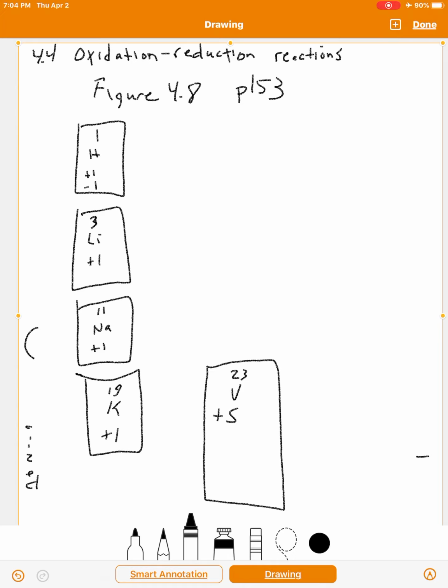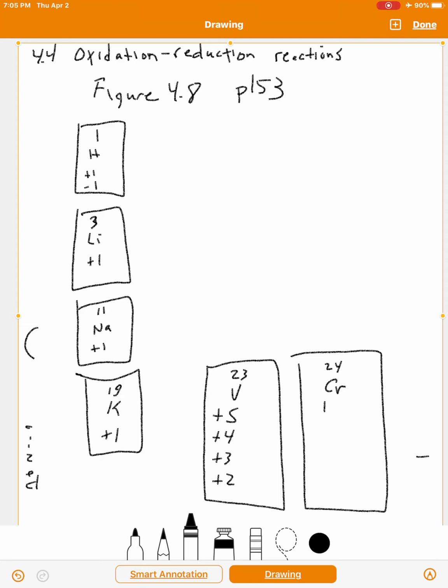One possibility is plus 5. Another possibility is +4, another is +3, and another is +2. What happens when you get to the next element over here? Chromium can actually be +6,